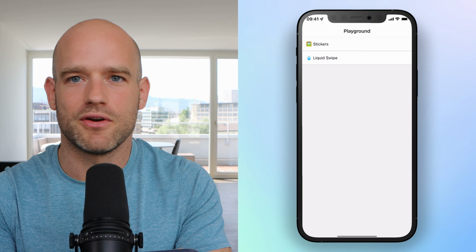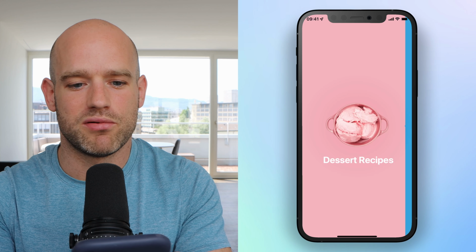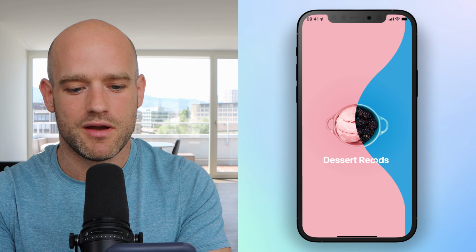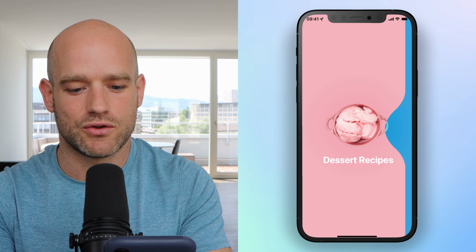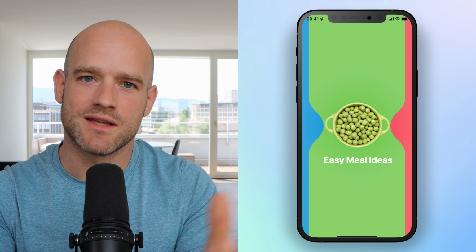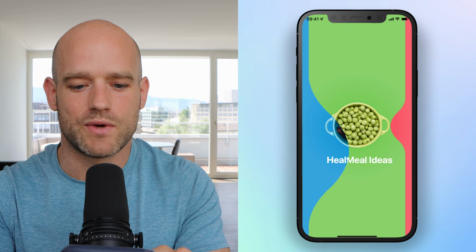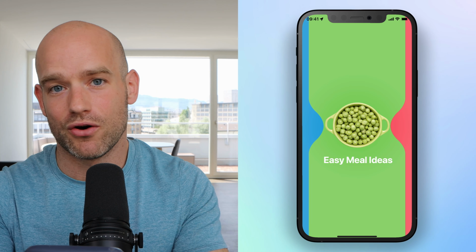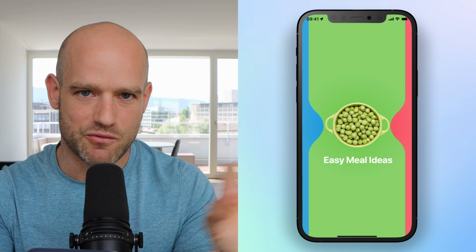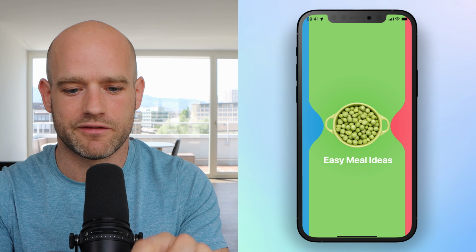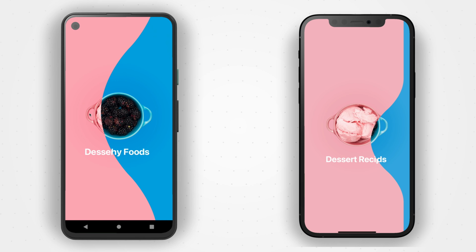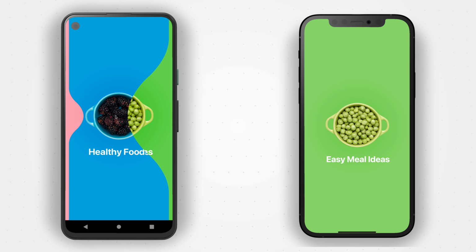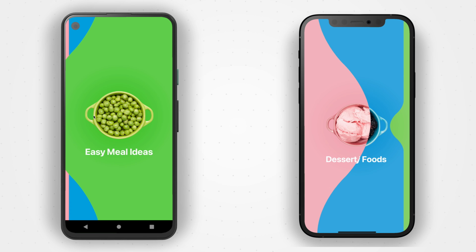And speaking of YouTube tutorials, a very popular one is the liquid swipe example, which you are seeing here. So I can swipe from one page to the other. But this version of the liquid swipe is a little bit special because it is entirely done using React Native Skia. And one of the benefits is that originally the liquid swipe would only work on iOS because of the masking on Android, which wouldn't be fast enough. And here, thanks to React Native Skia, the example is super smooth on Android as well.